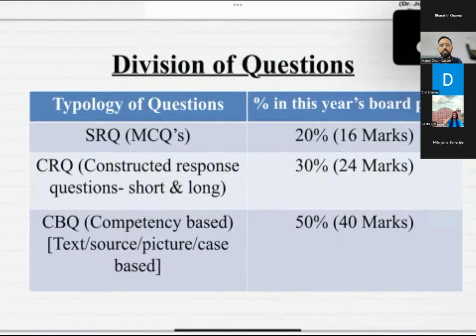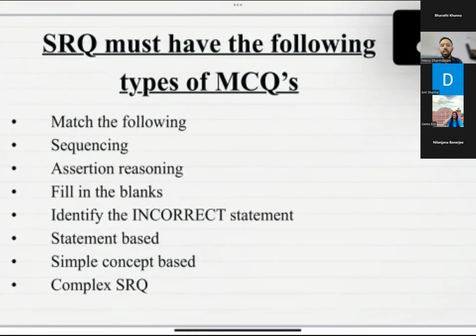Now CBSE has given depth into the 1-marker questions. Earlier, before COVID, the 1-marker question was mostly of 1 or 2 types. There were not many categories in SRQs or MCQs. But if you see the sample paper of this year or the board paper of last year, you will 100% realize that this 1-marker MCQ category has continuously been a challenging one,